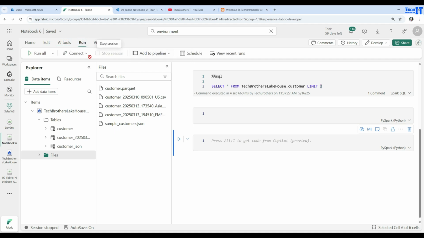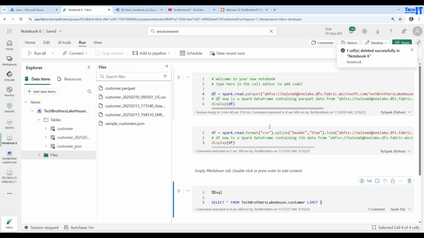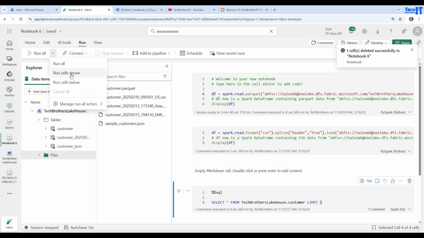In the run, you have run all, or cancel all. So once you run all the cells, let's delete these cells, and you have seen how run all works. It's going to run all the cells here. And now if we want to do run cells above, so let's say you are here and you want to say run cell above,